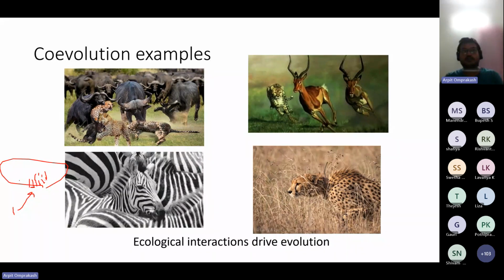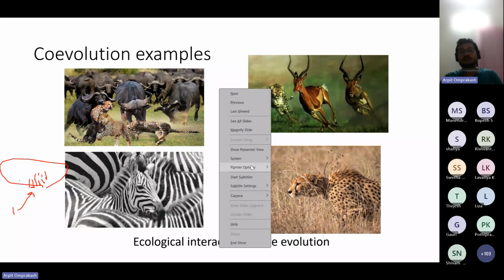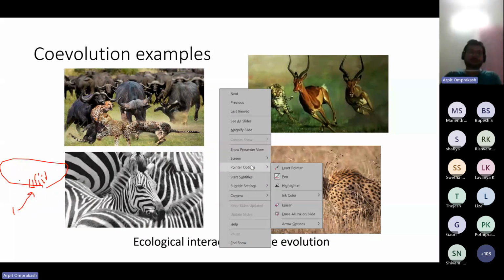It's very difficult to see where the head of the individual is, and the cheetah then tries to track another individual instead of this one. But then when it tries to go near it, due to all the confusion, it again cannot find that zebra and so on. So basically, zebras have evolved this stripe so that they can have better protection against animals